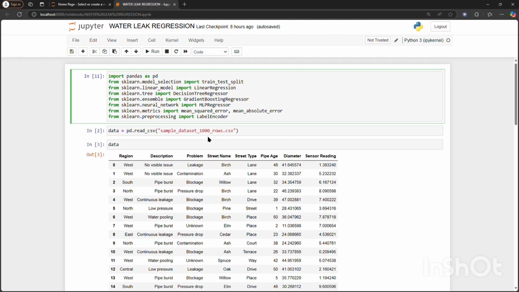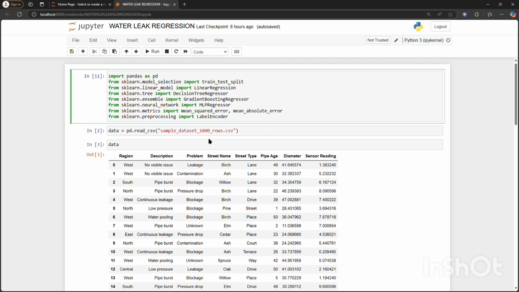First, we imported pandas, which manipulates and does data analysis, and then we use train_test_split from model_selection, importing that library, which provides the utility to split datasets into training and testing sets. Then we go to linear regression, which is used to create a simple linear model, and a decision tree regressor, a simple